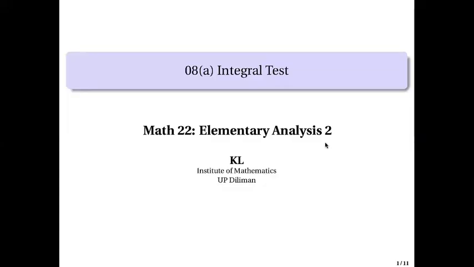So for today, we will do the first part of the discussion for this lecture. What we're going to do is to answer some problems that involve the use of integral tests. So recall that